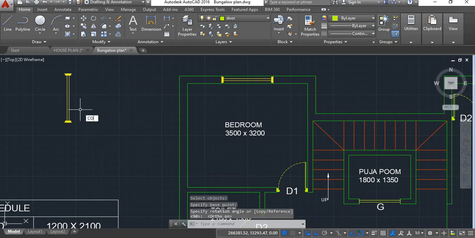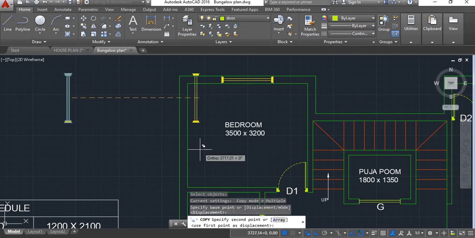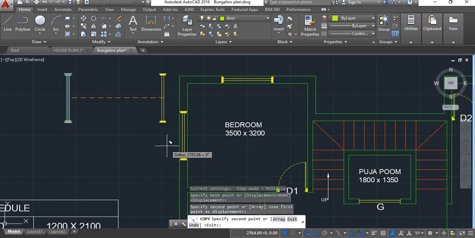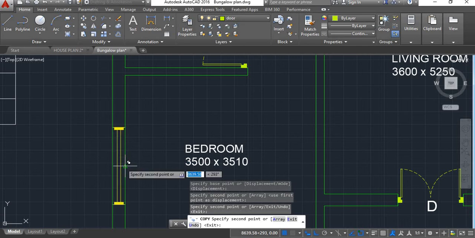Now copy this, I'll copy here, then I'll provide it here for this bedroom.